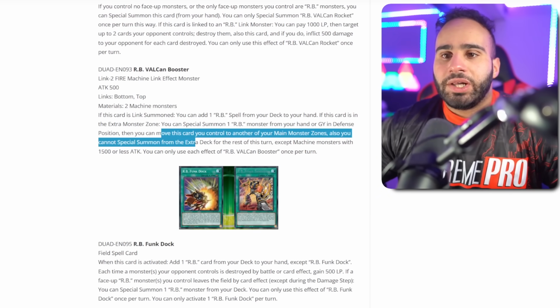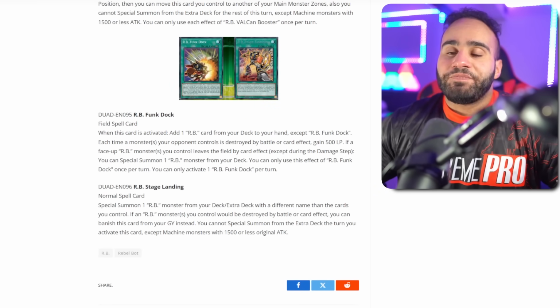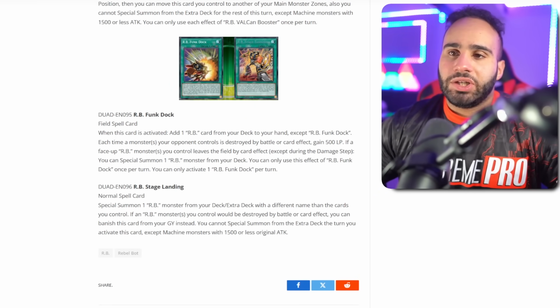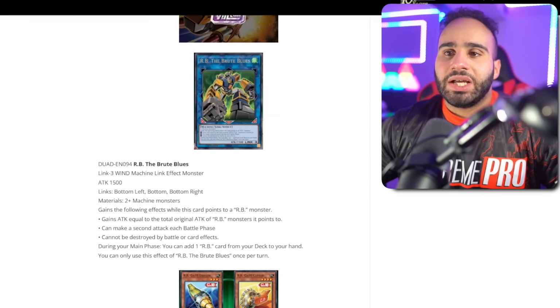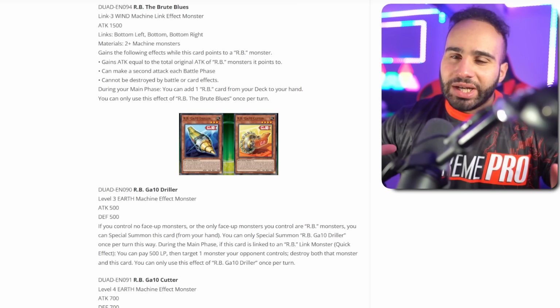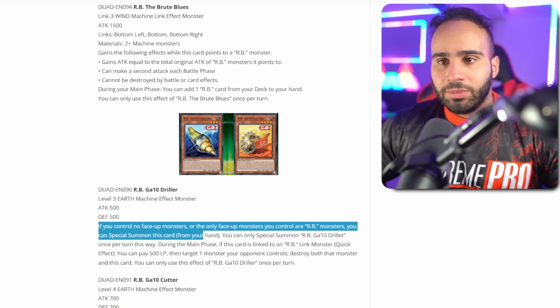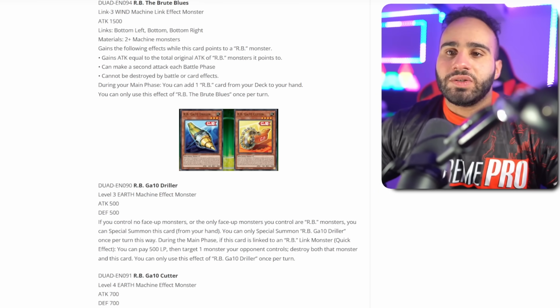So either the field spell or the normal spell card. Really impressive stuff, for sure. It's just that I'm really waiting for a Link 1, just so that the monsters themselves don't actually just do nothing in your hand. Because right now, they're kind of pathetic. I'm not gonna lie. However, I will say that the level 3 definitely makes sense to play in Crystron because...